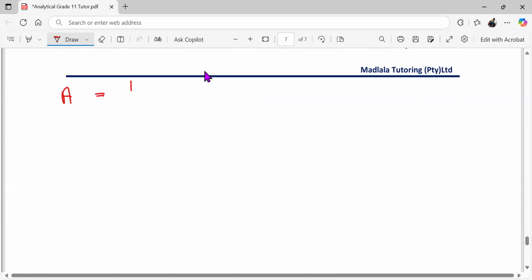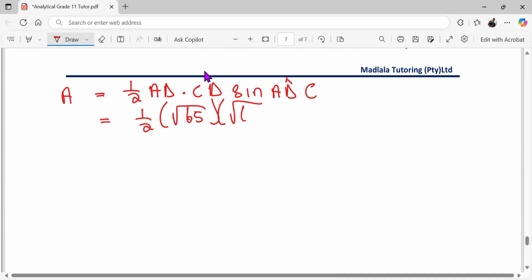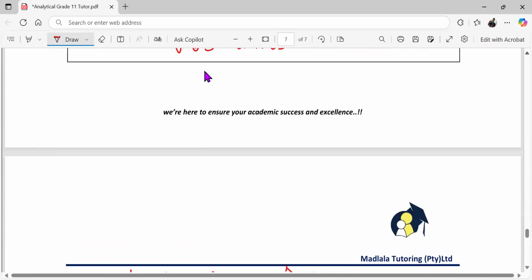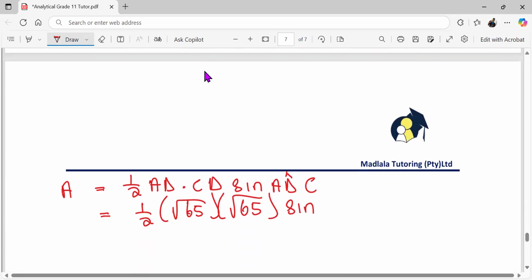We now say, well, the area is going to be what? Half of AD times CD, and then we times this by the sine of an included angle, which is ADC. So we have half of this, but of course here it's the sine of what? The angle that we found above, 67.4 degrees. And if we now hand this over to the calculator, we find that our area will be 30.000